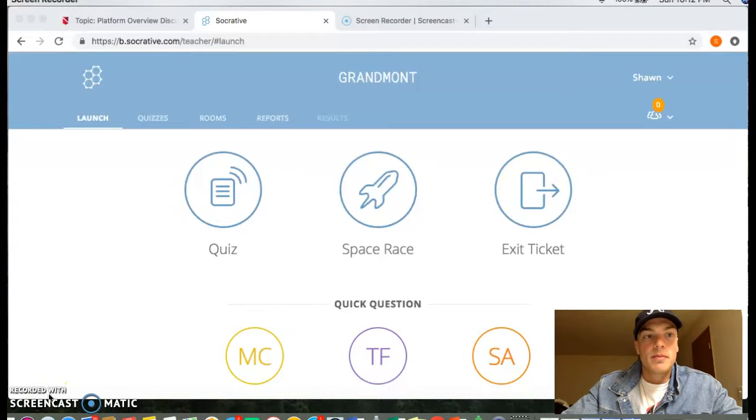Hi, so the platform I'm going to be demonstrating today is Socrative, and it's basically just a platform that you can make quick quizzes for your students during class to test them on the knowledge that they just learned throughout the class. Now on the first page here, you obviously see you can have quizzes, speed race, or the exit